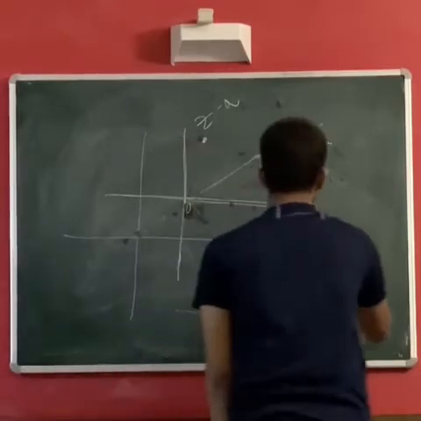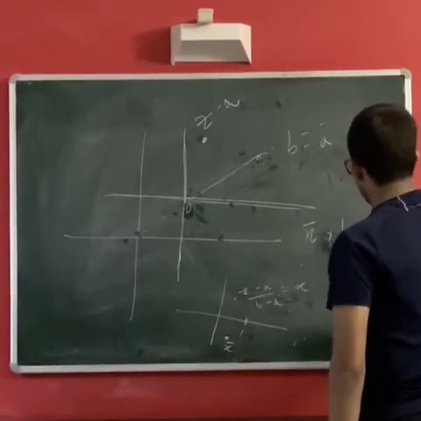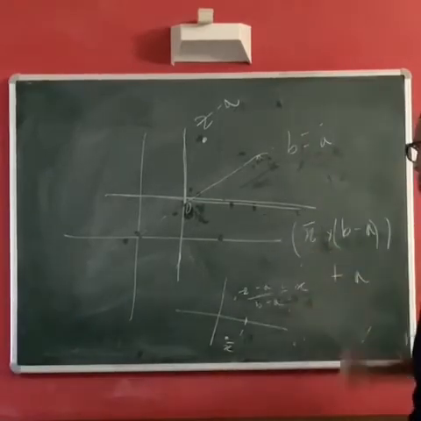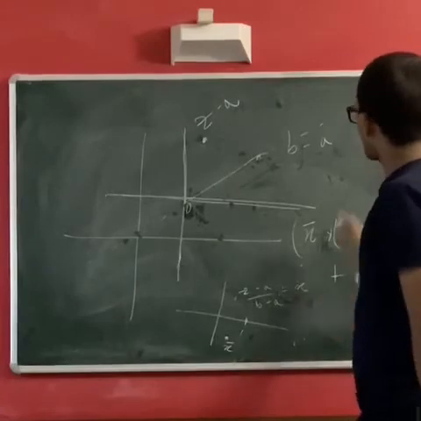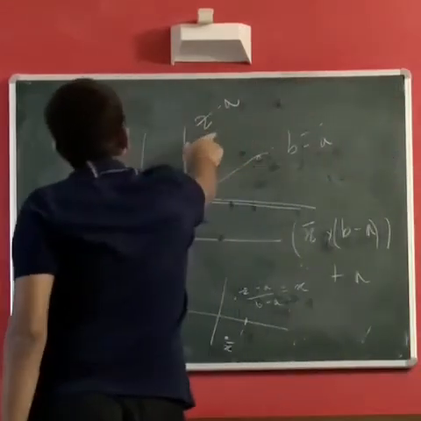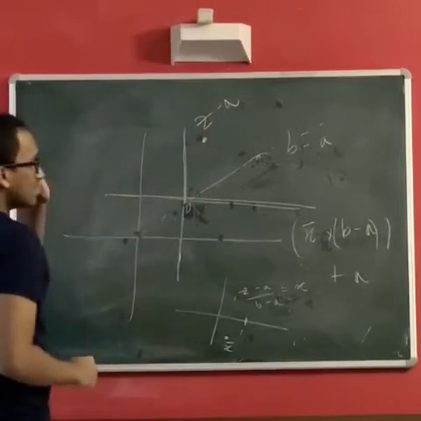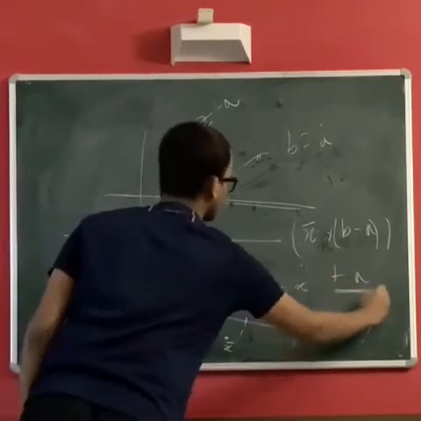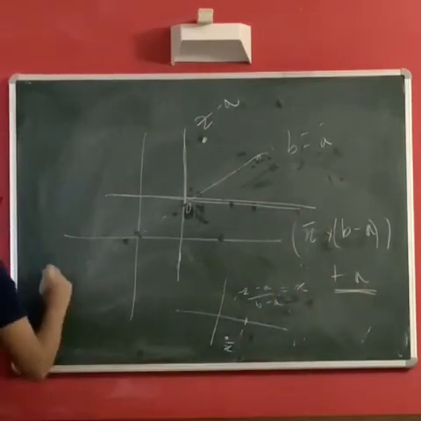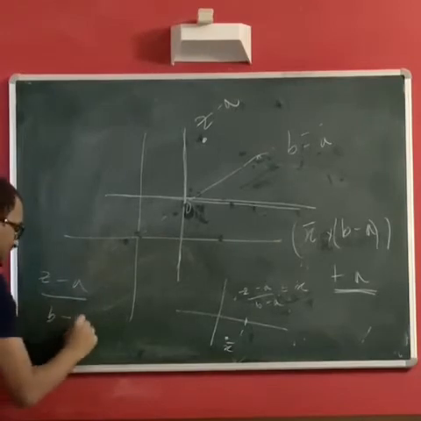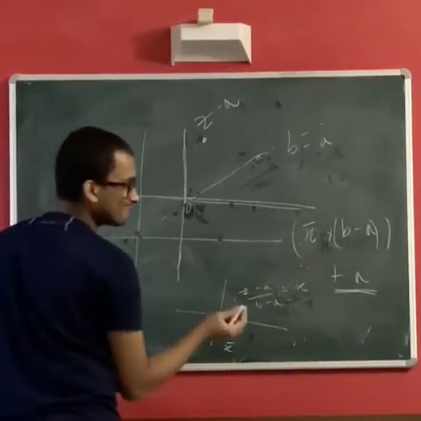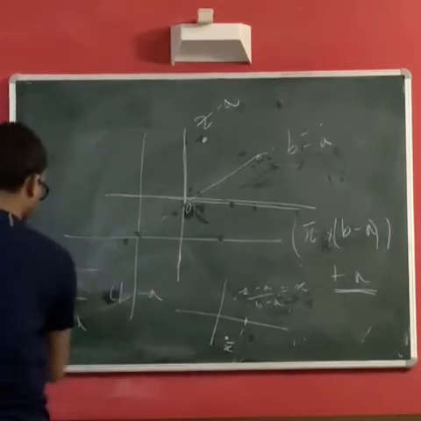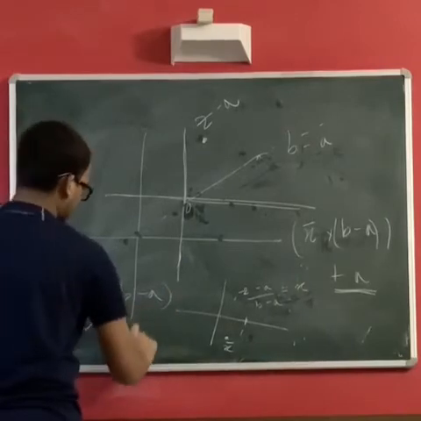So we have x conjugate times b minus a, right? Yes, and you add a to it, where x is this thing. This is what will be the reflection of z across AB. So let's just look at what the final answer is. The final answer is this thing. We substitute x over there. So we have z minus a by b minus a whole conjugate times b minus a plus a.